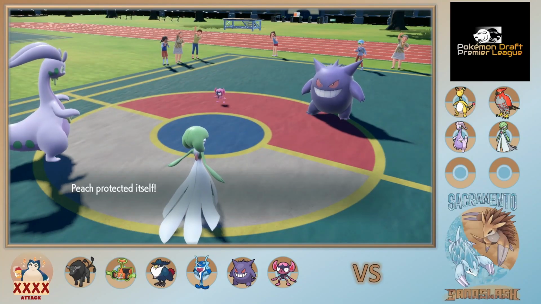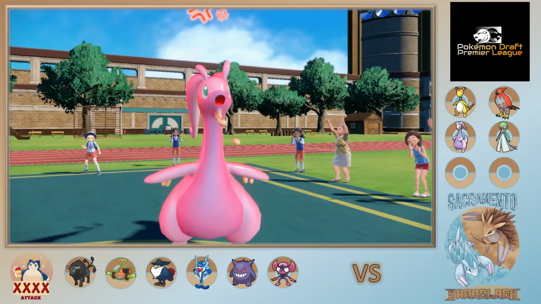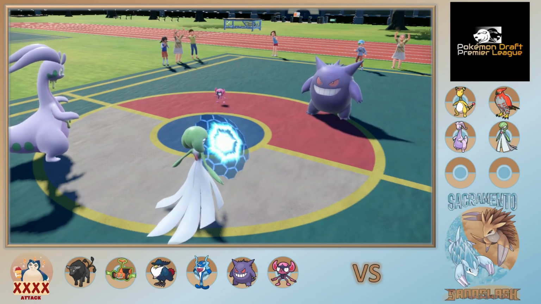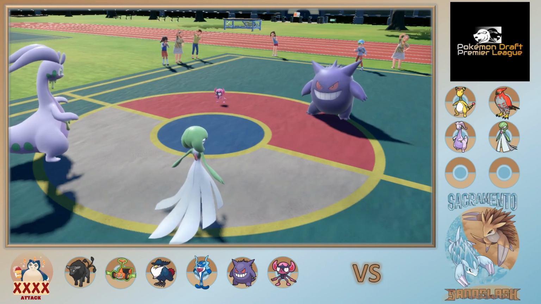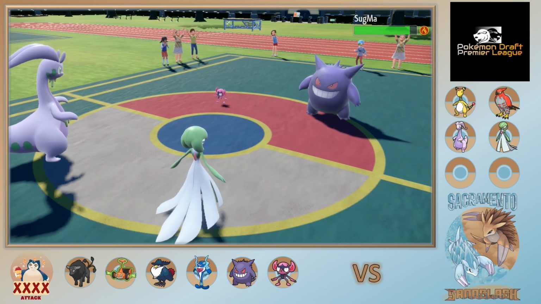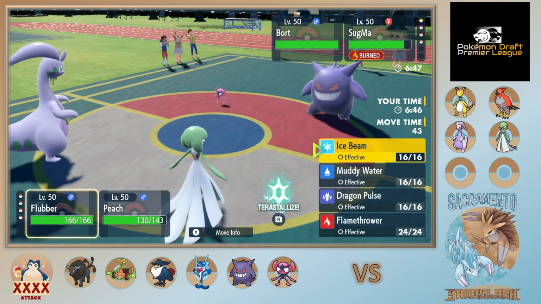Because I think a Sludge Bomb could go into that slot. Yeah, Taunt makes sense too. That makes a lot of sense. And so, I want to try to get rid of this Impidimp if I can. Yeah, Shadow Ball's going right there. So I could maybe try to preserve Gardevoir, but I actually don't think it's too necessary. I kind of like the idea of just going for...